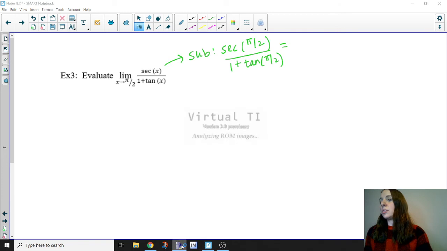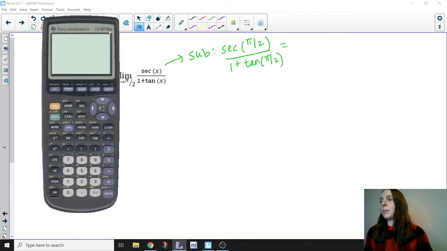Just in the interest of time, I am going to bring up my calculator here to show that secant of pi over 2,